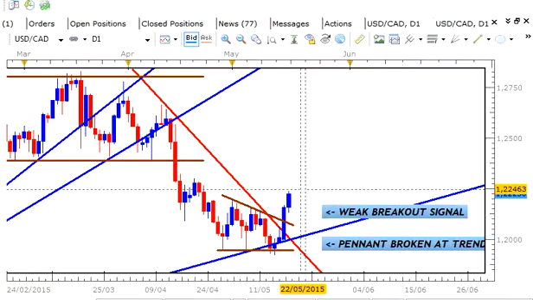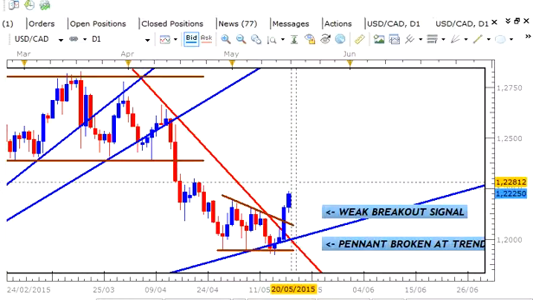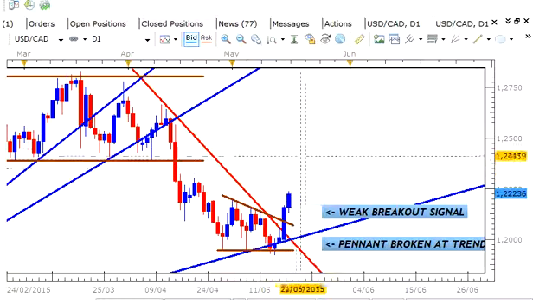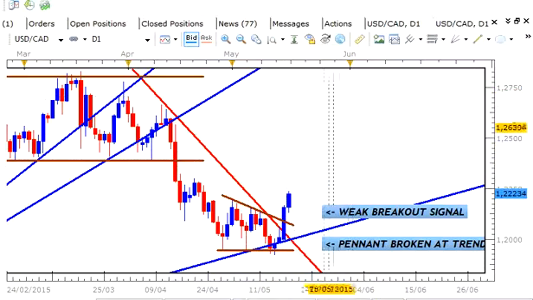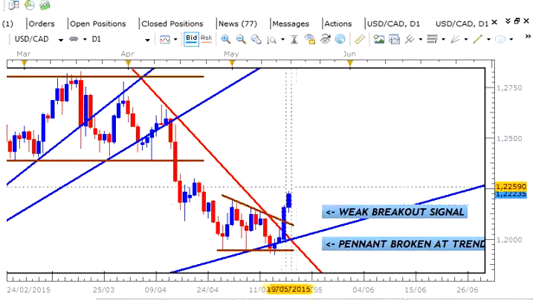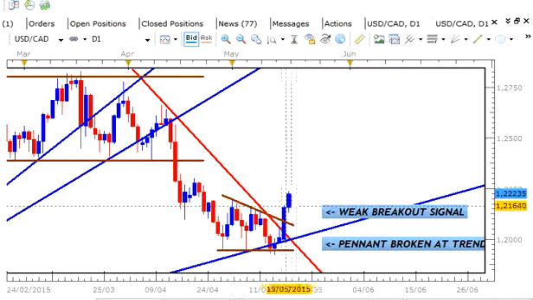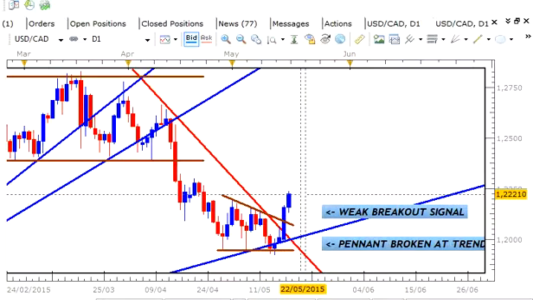So that is the situation right now taking place on the Canadian dollar. We're starting to see a bullish movement in favor of the US dollar that may lead to a bullish resumption of the overall trend. But right now, there is an aspect of this area here that might prevent that from taking place. So as it is now, I wouldn't be surprised if I see a reversal taking place